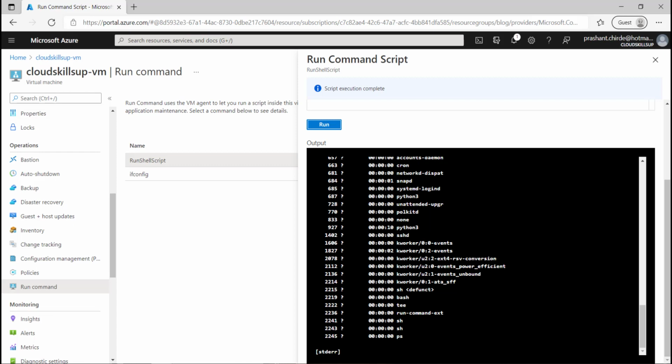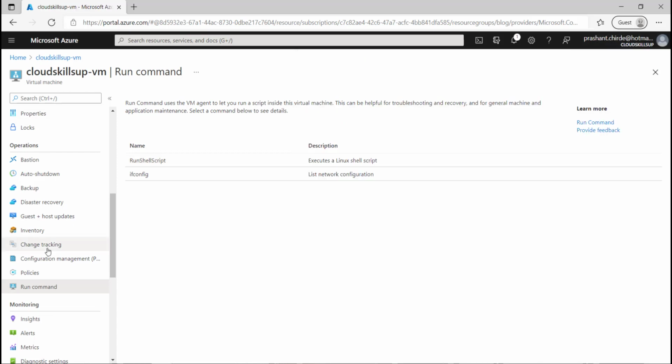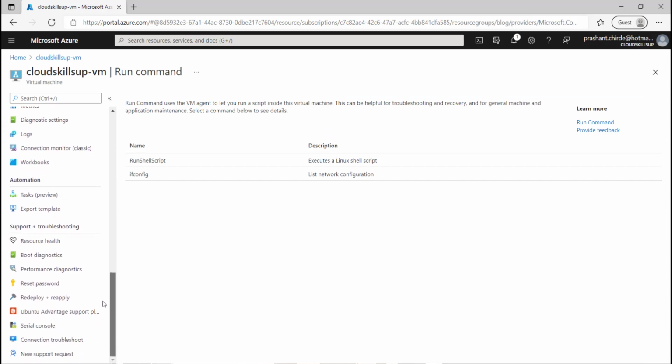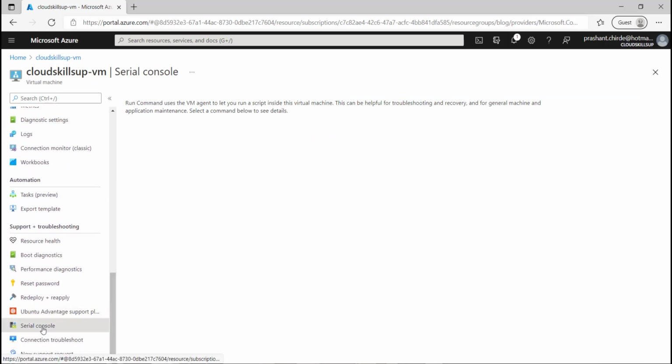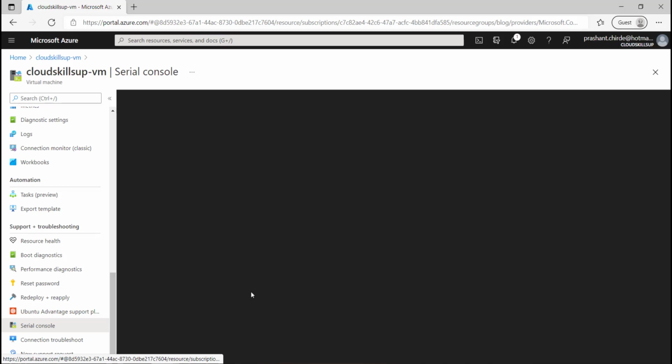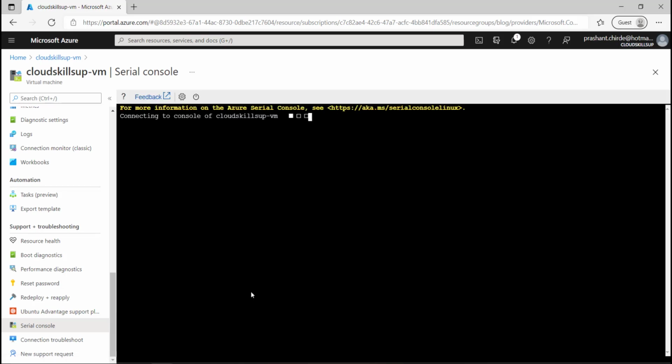Then what next? In that case, we have another option. If you scroll down a little bit on the same portal, you will get the option for service console. This service console is nothing but direct access to the box where your system is running.